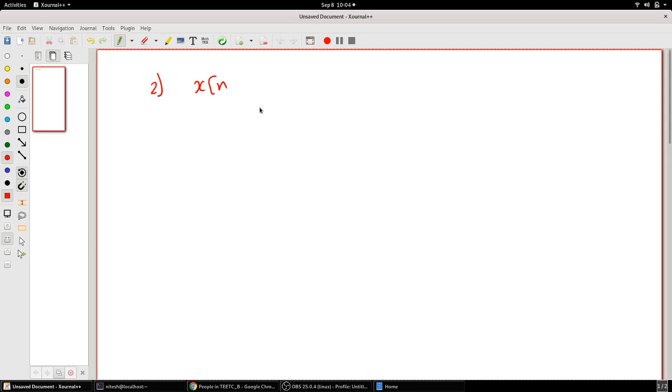Okay, so let's start the second problem, which is x of n given as 1, 2, 3, and you have h of n which is 1, 1, 1, right? So this is where it is 0, and this is where it is 0. First thing I have to do is align them, meaning the 0 indicators have to be at the same point. Now they are on an aligned level, right?